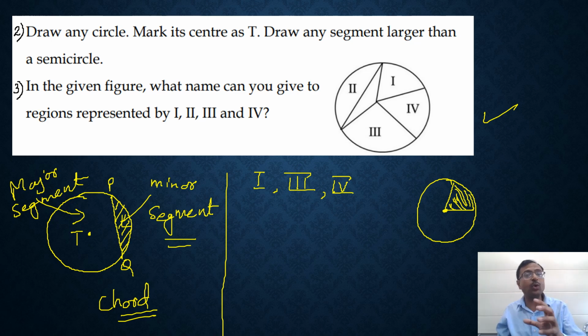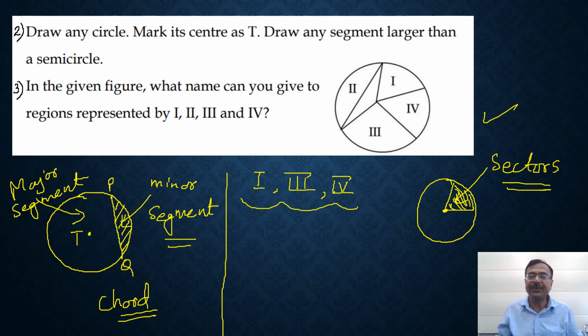The region enclosed by an arc of a circle and two radii, just like a piece of pizza, right? We cut the pizza like this. So these pieces of the circle are known as